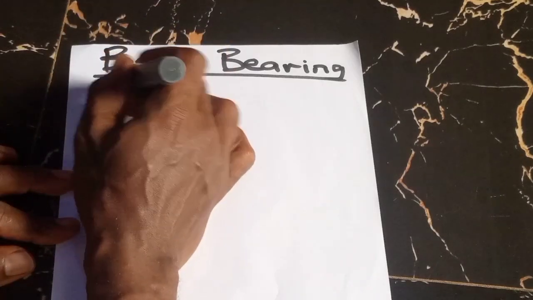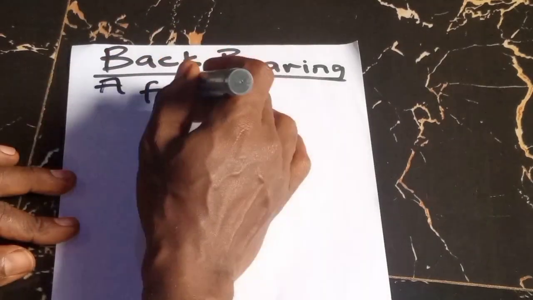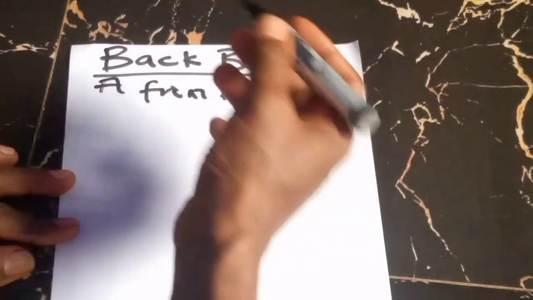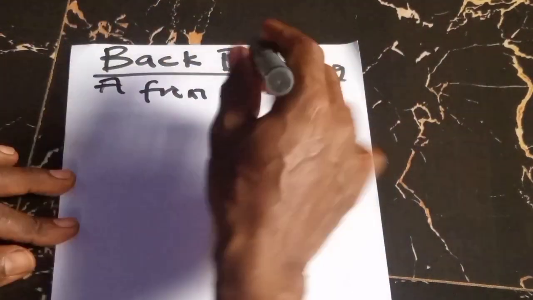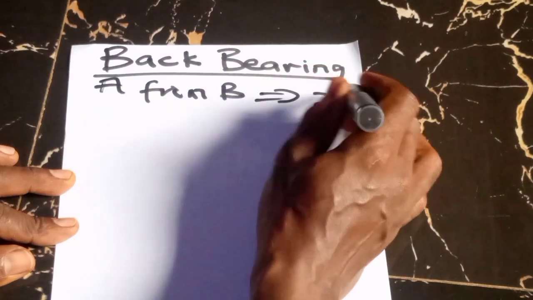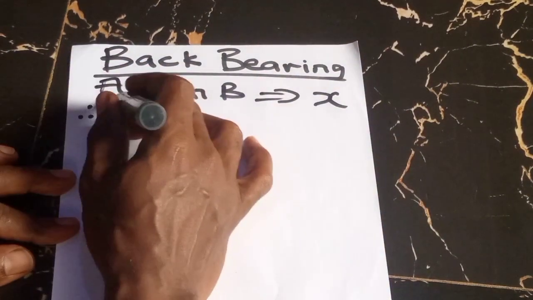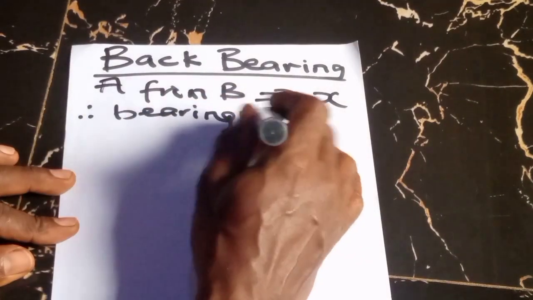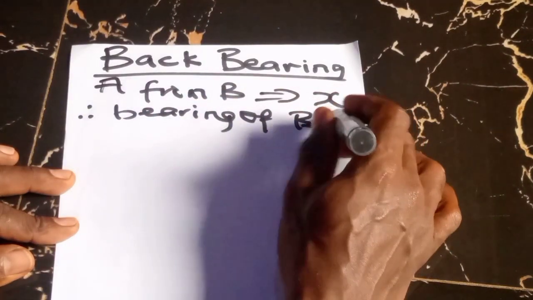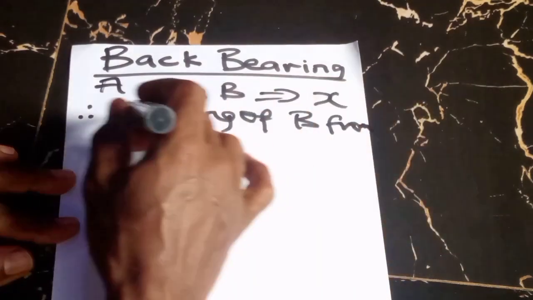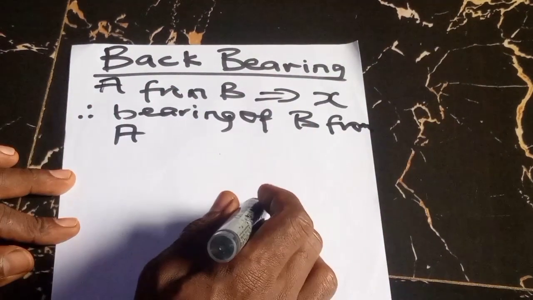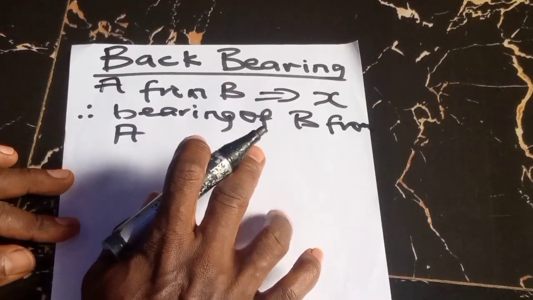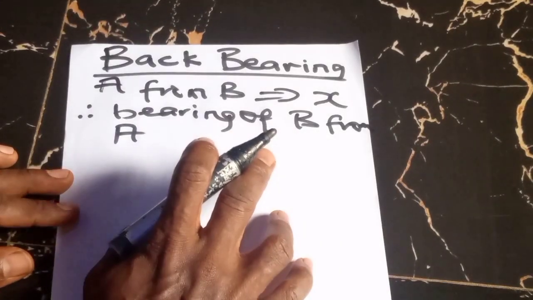If we know the bearing of A from B, say, okay, we know the bearing of A from B, A and B being two locations here. Let's say it is X. Then the bearing of B from A. Bearing of B from A is what we call back bearing. Yes, if we know the bearing of A from B, then bearing of B from A is what we know